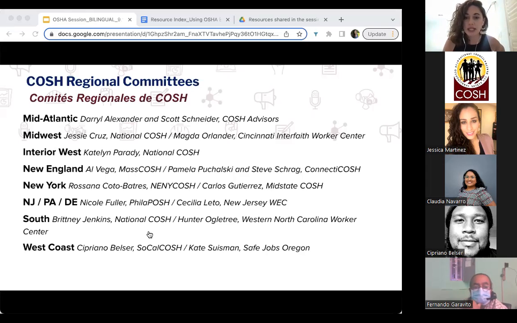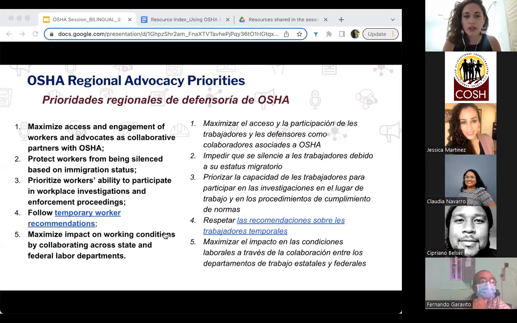If you're interested, we have a link here, a couple up in the chat, that'll give you the actual contact info for your regional coordinators, or you can message me now and I can put you in touch. And that link also really breaks down which states we have in which regions. They don't perfectly align with the OSHA regions because these groups are also just promoting health and safety organizing in general. But we can get you all that information if you want to get involved. And Jessica, if you want to go to the next slide,